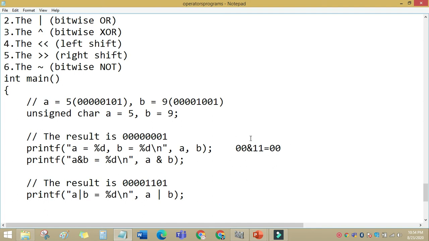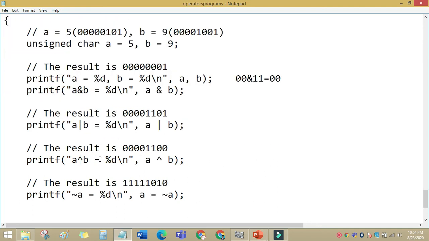Like this you can perform the OR operation between the two variables. That is performed on the binary values, not integer values. So this is the result for a and b.